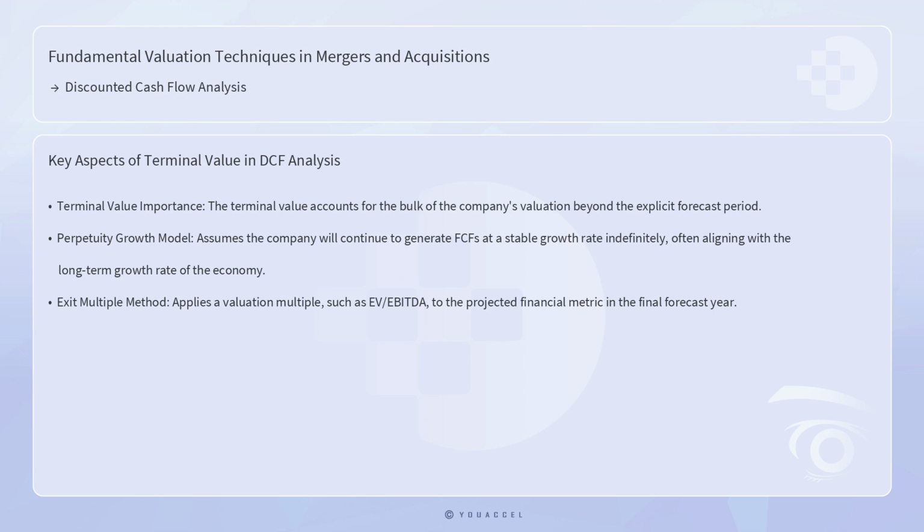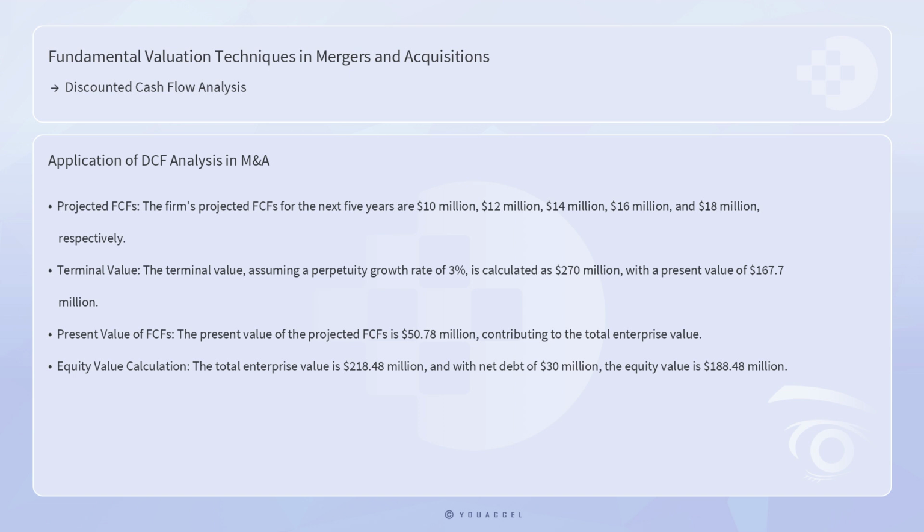The choice between these methods hinges on the nature of the business and the analyst's judgment. To illustrate the application of DCF analysis in M&A, consider the acquisition of a mid-sized technology firm. Suppose the firm's projected FCFs for the next 5 years are $10 million, $12 million, $14 million, $16 million, and $18 million, respectively. The WACC is estimated at 10%. The terminal value, assuming a perpetuity growth rate of 3%, can be calculated as $18 million times 1.03 divided by 0.07, which is about $270 million. The present value of the terminal value, discounted back 5 years,